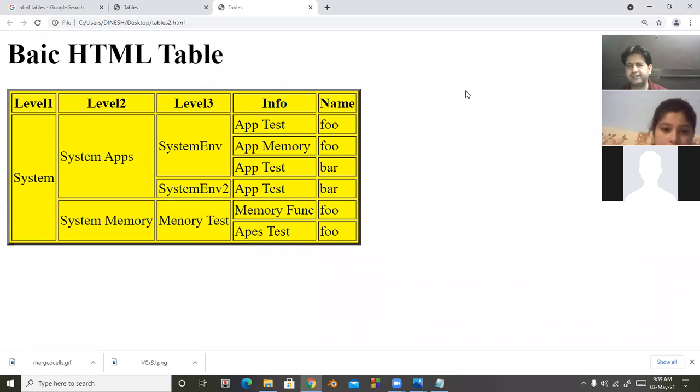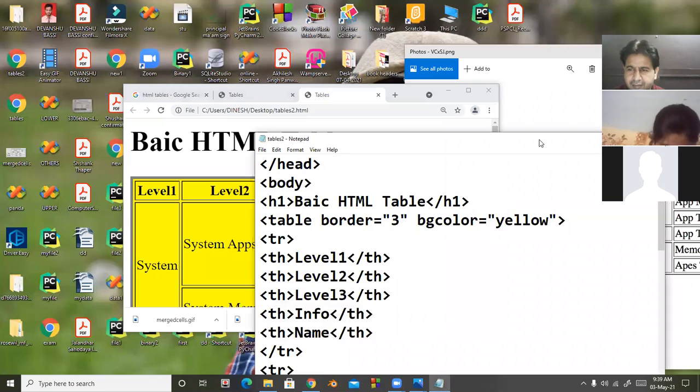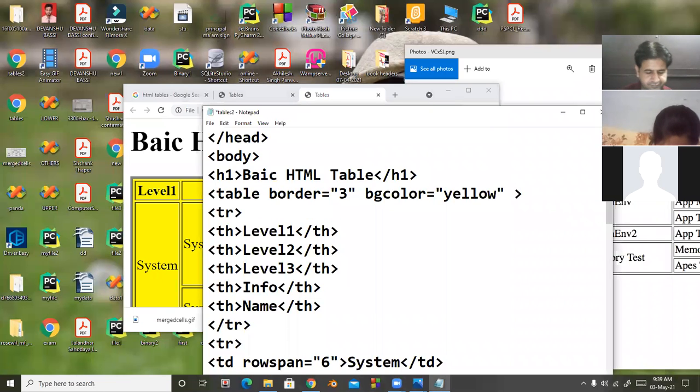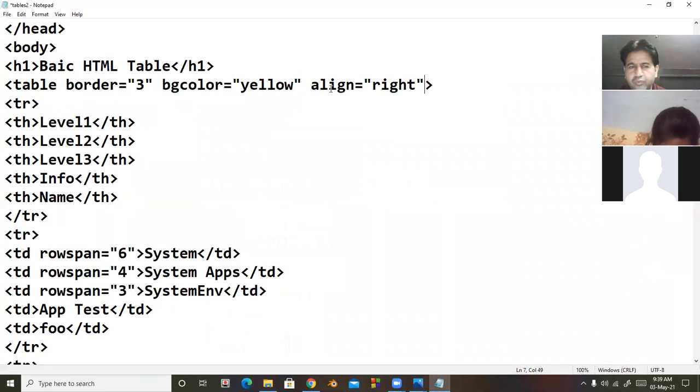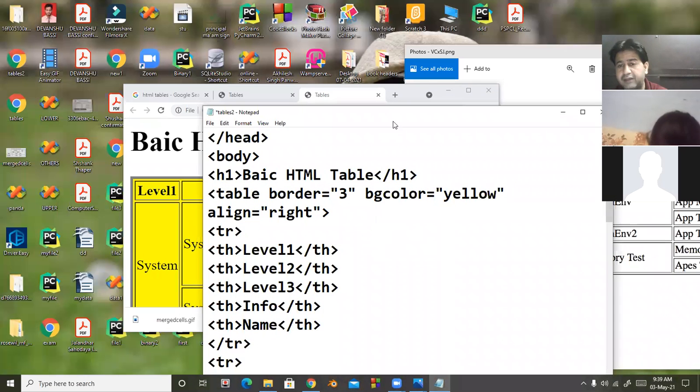Your table is left aligned in the web page. So in case I use the align attribute, right. There are three values: right, left, and center.